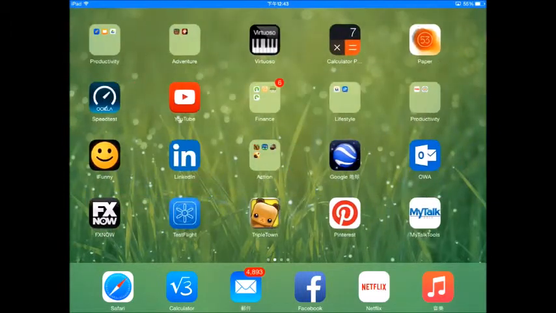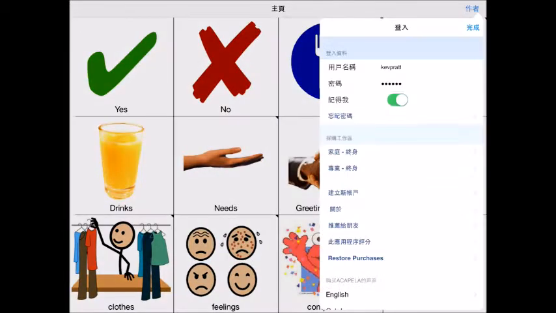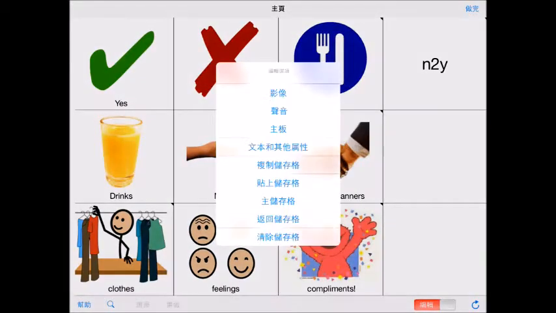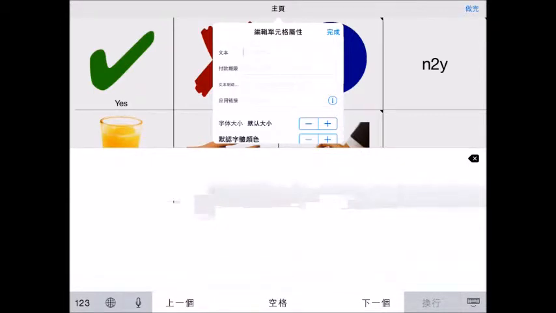Obviously, if it's an English application, it's not going to be in Chinese. So when we go back in My Talk, all the menus should now be in traditional Chinese. And log on as you normally would, and you're comfortable with doing that because you know where all the menus are. So here I selected text and other properties to add a cell, and now I have the traditional Chinese